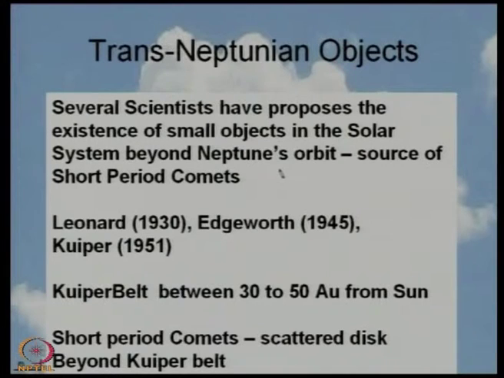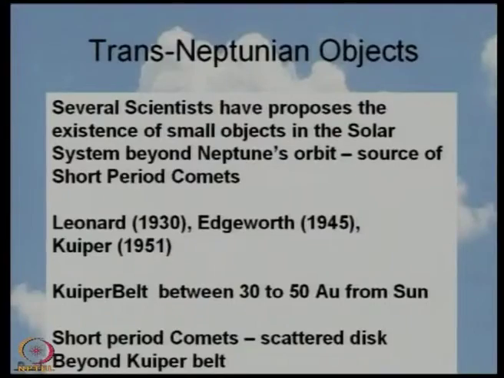Okay. And this was proposed as a source for the comets, particularly the short period comets, or of the comets in general. It is not that all comets arrive long period, it is not that it is well established 100% that you have the Oort cloud, etc. Okay. So, it is a subject of research, and when you have a subject of research, there are different speculations